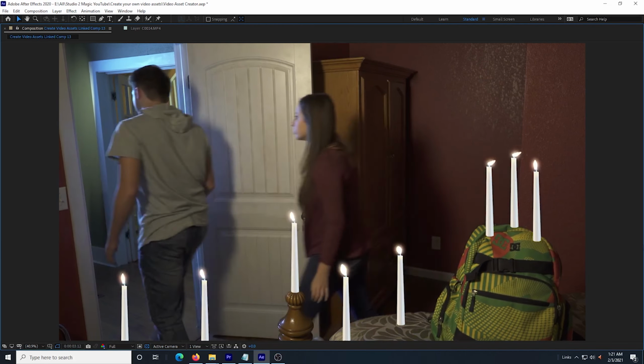So those are the main things that you'll run into when you're trying to create your own stock footage elements for compositing. I buy a lot of elements, but sometimes that gets a little too expensive, or you just can't find what you're looking for. So with this, you have some new options to get what you need,